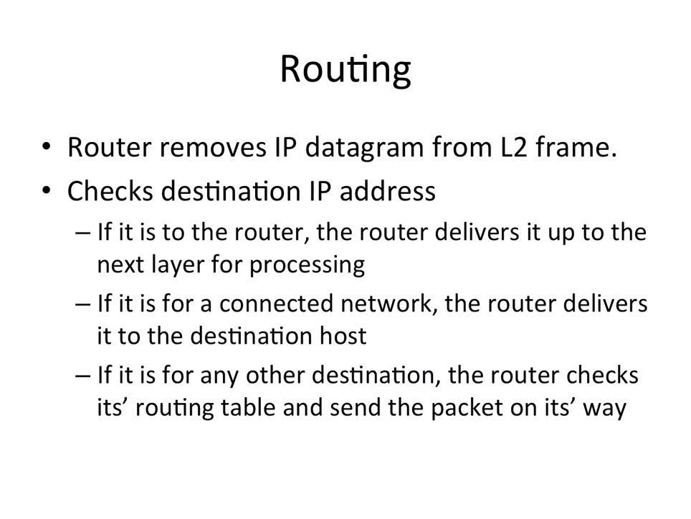For a router to route a packet, we had the same slide before. The router will remove the datagram from the layer 2 frame. It will check the destination IP address and make a determination what to do with it. If the packet is destined for the router, for example, somebody's SSHing into the router, then it will deliver it up the stack to the next layer, TCP, and then the actual SSH server. If it's for a connected network, the router will deliver it out to that network, to the destination host on the network. And if it's for any other destination, then the router will check its routing table and send the